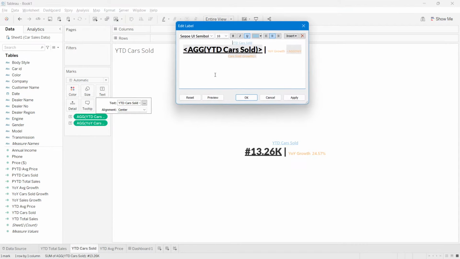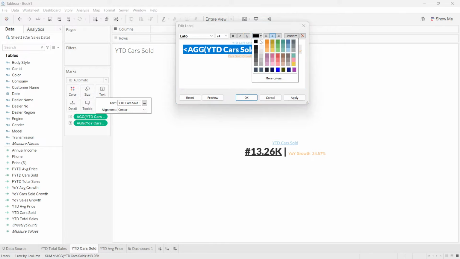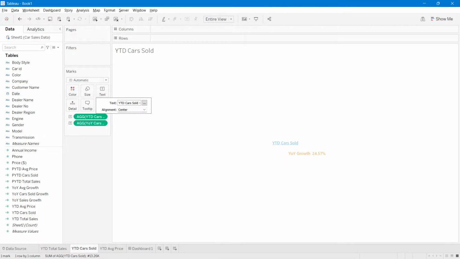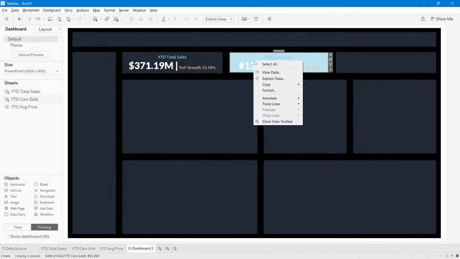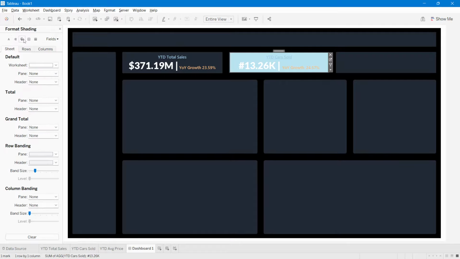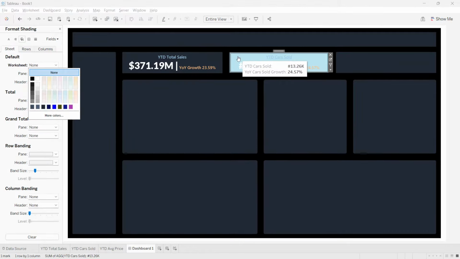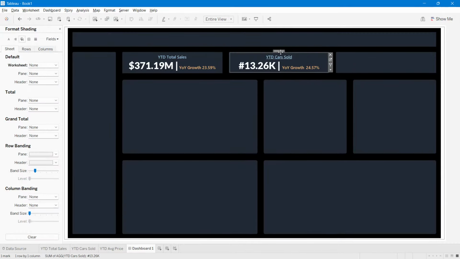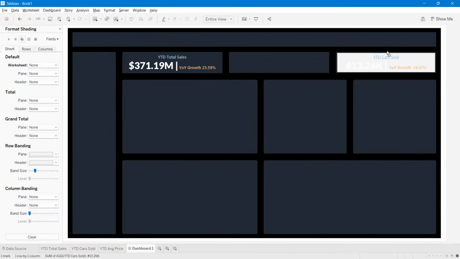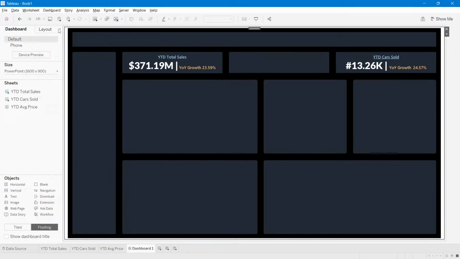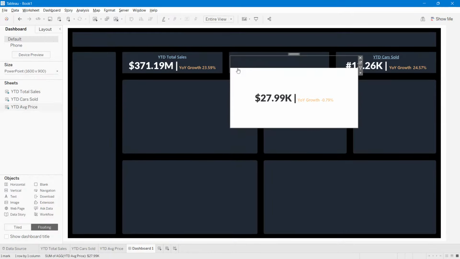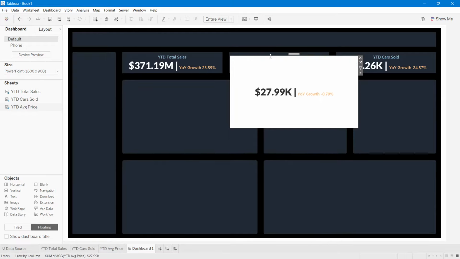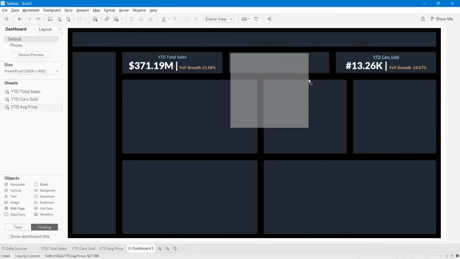Okay, then select again text, select this, underline has been done, just select undo, and we'll select it as white, apply. Okay, go to dashboard, right click here, go to format, go in shading, say none, and again click on this sheet. You can see it has gone from here, but this should be placed over here. So it is here because the second one is our average price. Then close this and take average price, hide the title, try to place it over here properly,